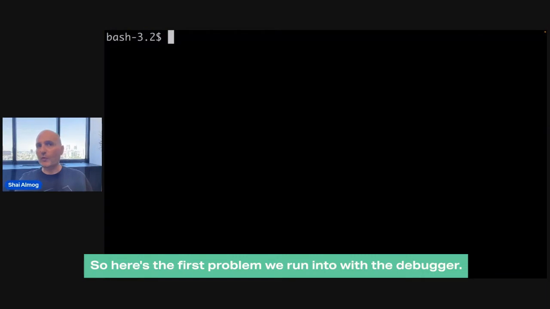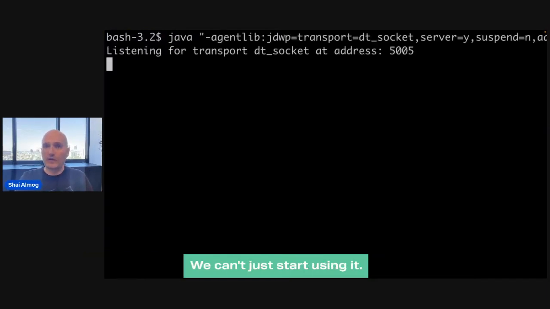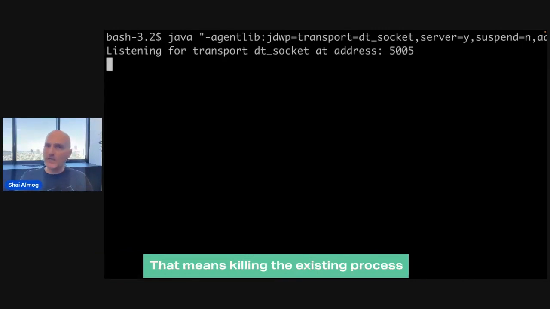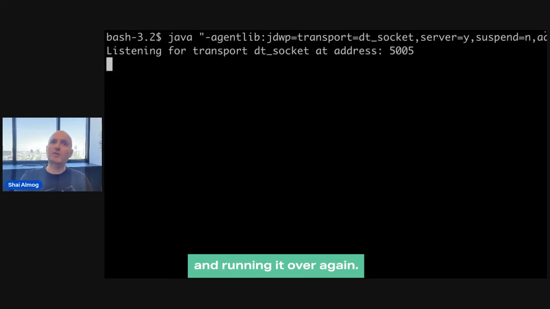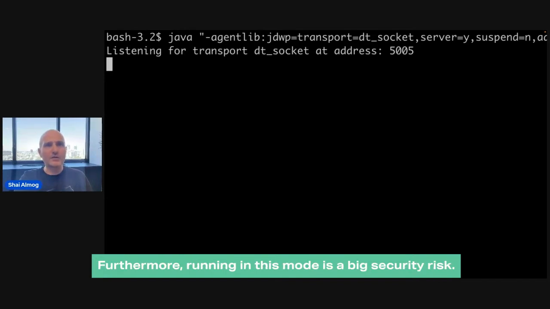So here's the first problem we run into with the debugger. We can't just start using it. We need to relaunch the app with debugging enabled. That means killing the existing process and running it over again. That might not be something you can just do. Furthermore, running in this mode is a big security risk.